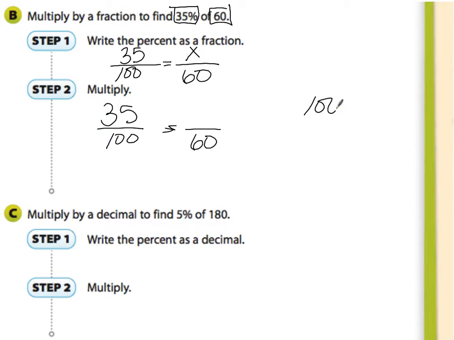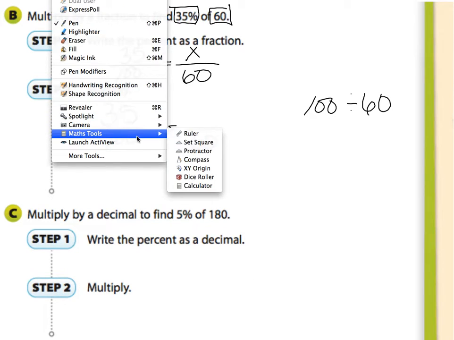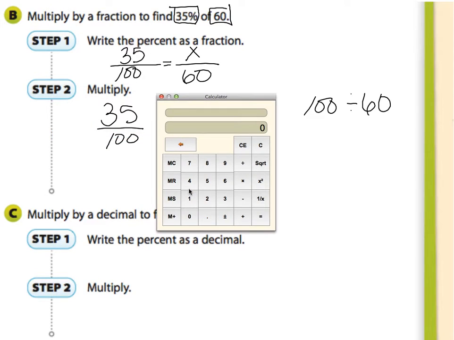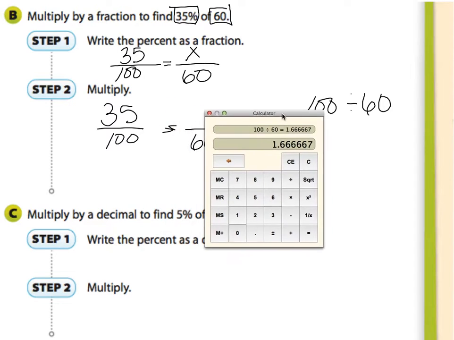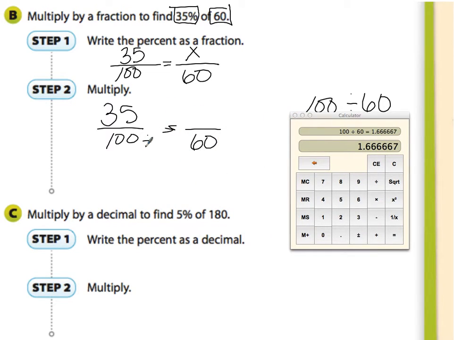So I do 100 and I divide it by 60. And when I do 100 divided by 60, let's go ahead and just remember that we have to put it in the right way, see what we get for our numbers, 100 divided by 60. And I get 1 and 6/10 repeating. So then again, that's what I divided by in this case. So then I'm going to do the same thing to 35. I'm going to take 35 and I'm going to divide it by,